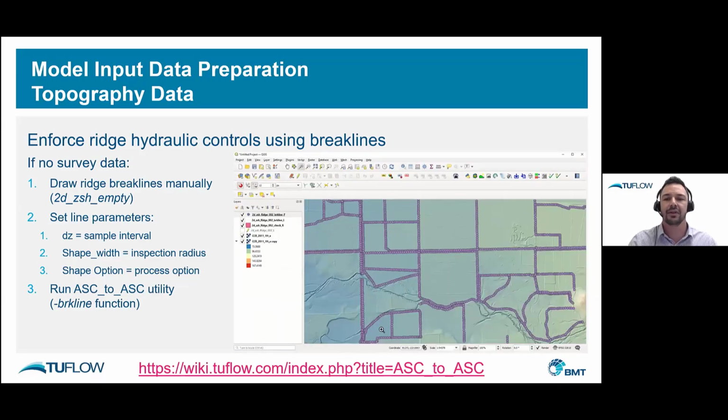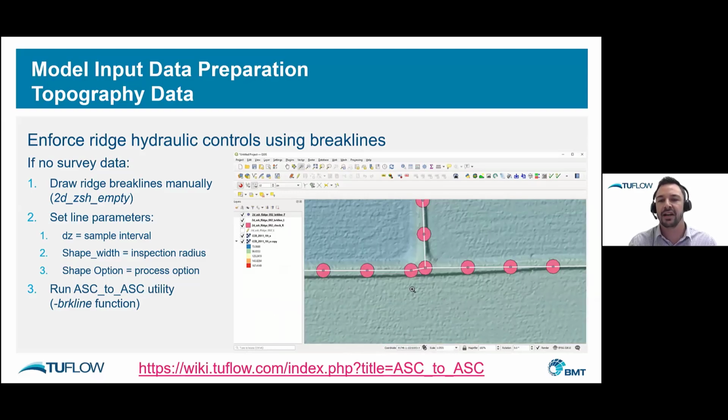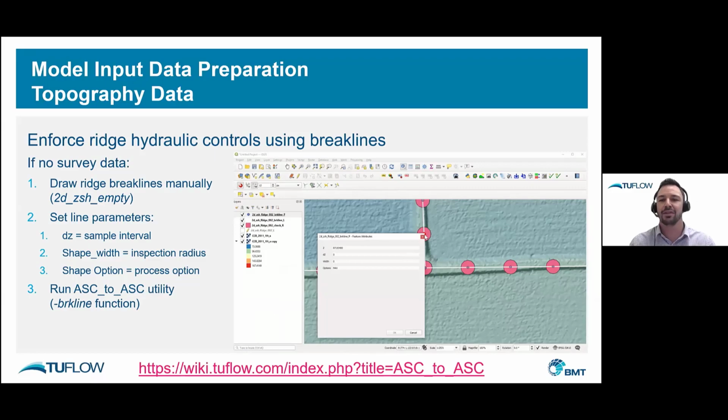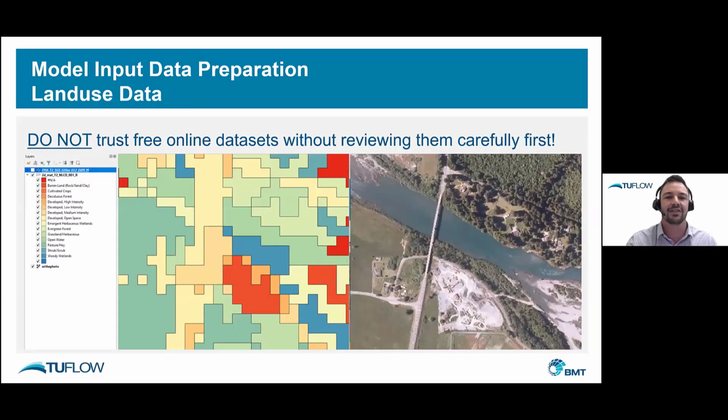Here's the output. You can see that it's actually sampled at the radius that I've set, and it's pulled out that maximum value. Then it's literally just a matter of using that post-processed data set as an input directly into the TUFLOW model. So I go and add those 6 different files, 2 different shape files, into the model. The beauty of this is that you don't have to exactly pick up the crest when you're drawing the line. You don't have to be wasting time with that because that search radius fixes that issue for you.